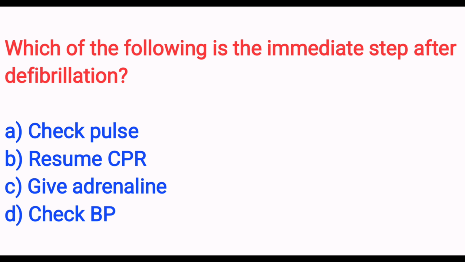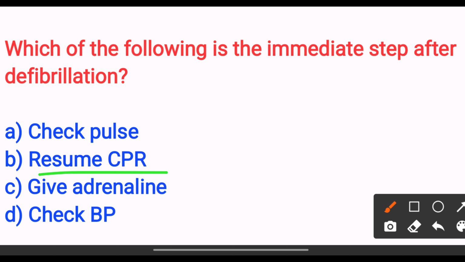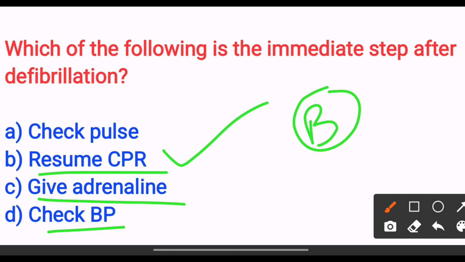Next, which of the following is the immediate step after the defibrillation? Option A check the pulse, option B resume the CPR, option C give the adrenaline, option D check BP. The answer is option B resume the CPR. Next,